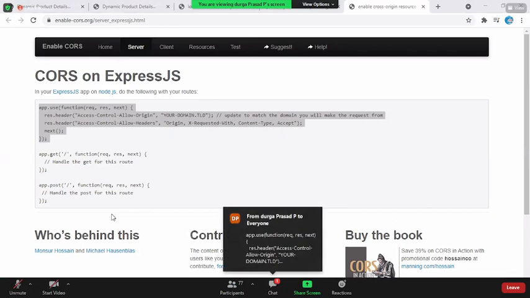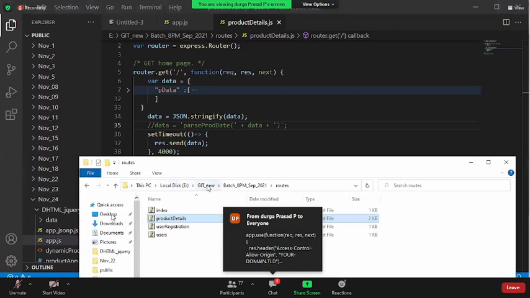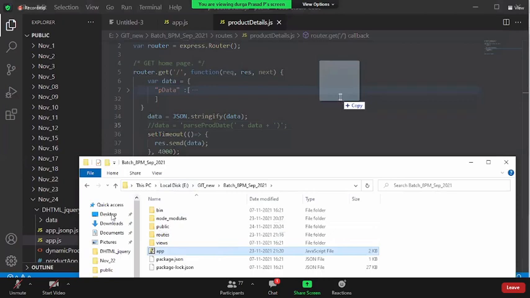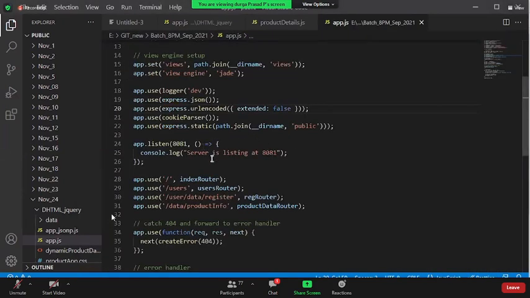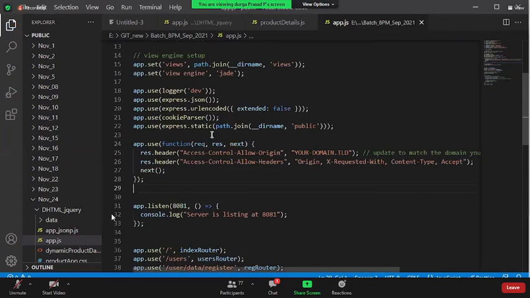What I need to do is copy those instructions and go to the app.js file, which is your server file. Under the server, we already have the app.js file, right? Under that, before app.listen, you simply paste this. So what does this mean? Instead of your domain, you simply put an asterisk. Asterisk means any domain. For Google, for example, there is nothing specific that it is only for so-and-so domain; it can serve any domain.